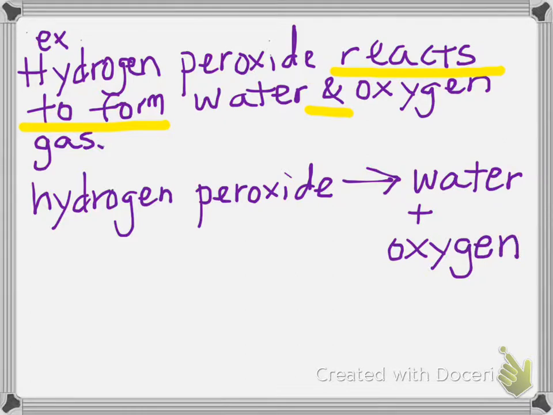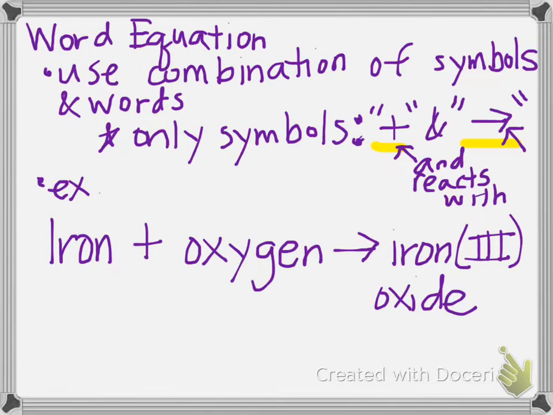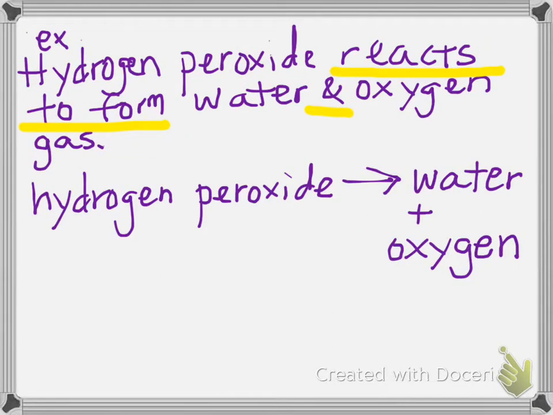So the purpose of a word equation that you might want to kind of add back in here somewhere, okay? The purpose of a word equation is to get rid of extra information that we don't need that isn't important to us. It's a way for you to get rid of that extra information you don't need. For us, gas is an extra piece of information that we really don't need to be able to write and balance this chemical equation. All right, our last example is